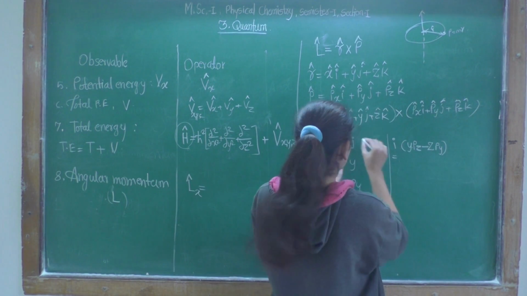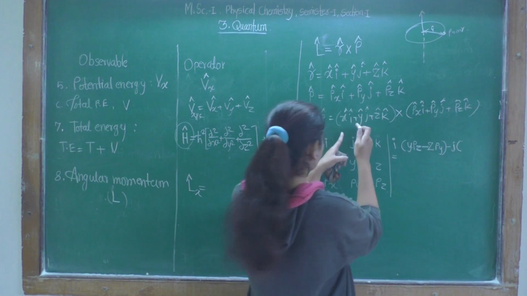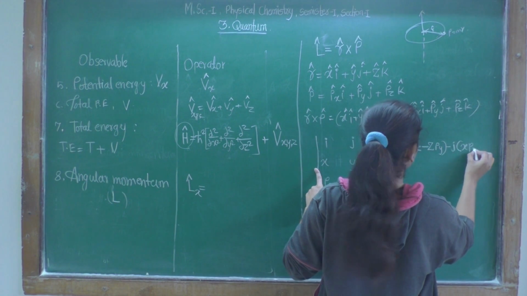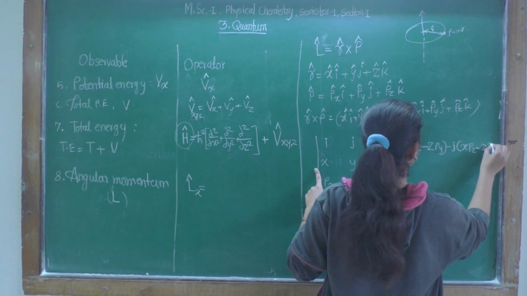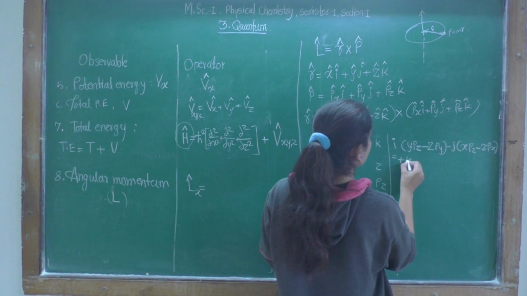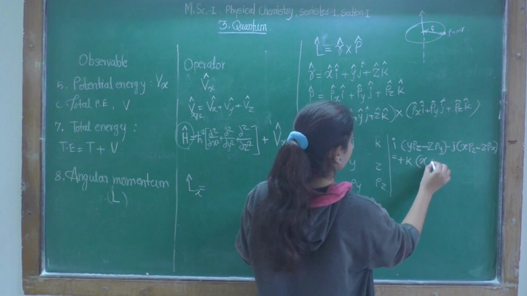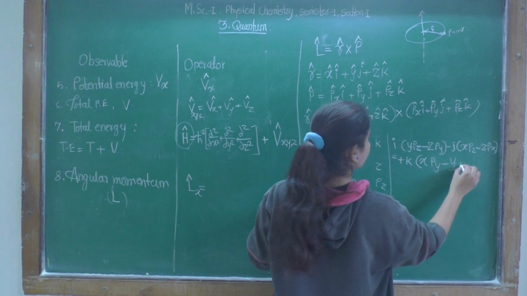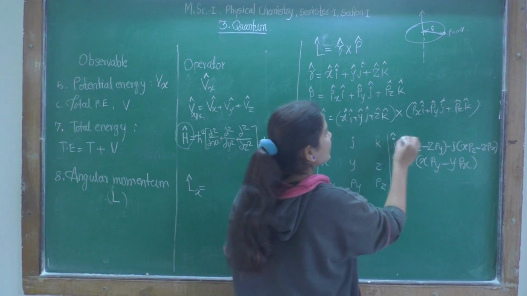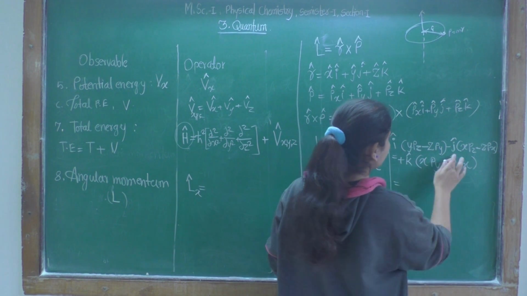Now here is minus, so minus j in bracket, cover this column and this row, xpz minus zpx. And now this is plus, plus k in bracket, cover this and this, so xpy minus ypx. That's it. So we got this, don't forget to give the caps.